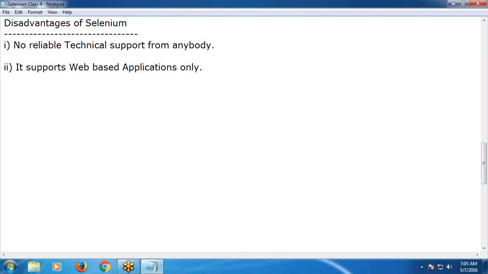What about UFT, Ritesh? UFT, sir, supports the desktop and web application both. UFT supports desktop applications and web applications, but Selenium supports only web-based applications, only browser-based applications, browser-based computer software and mobile software, no other applications. Next,